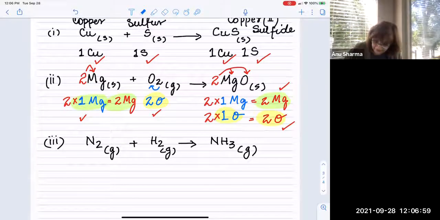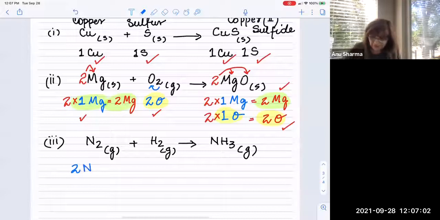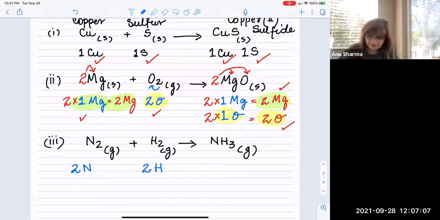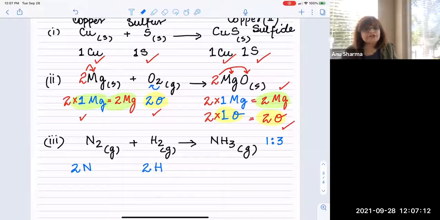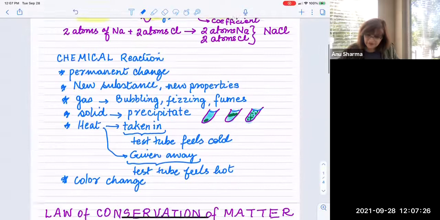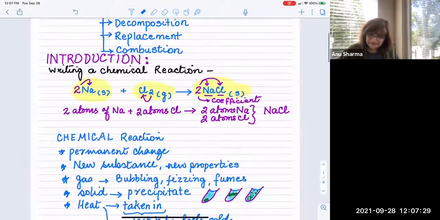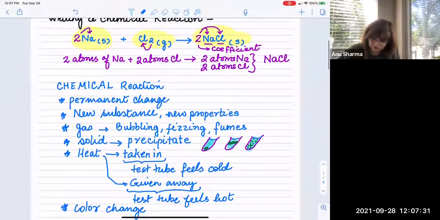So what do we see here? We see that there are nitrogen atoms and hydrogen atoms chemically combined in the ratio 1:3, and that 1:3 ratio is only going to produce ammonia, which is a stable molecule. But if it is 1:4, it will be a different molecule. 1:2 is not going to work. 1:1 is not going to work. It's not stable, right? So whenever a new substance is formed, the chemical reaction is to produce a permanent change, a stable